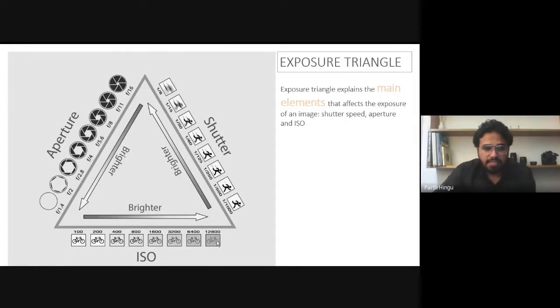Can you see this cycle, which is very hazy at 1200 ISO? And the other thing is shutter speed. At 1/1000, you can freeze any person. When you decrease the shutter speed, if a person is moving, you cannot get a crisp image of the person. So this is the exposure triangle, and you can see each and everything.